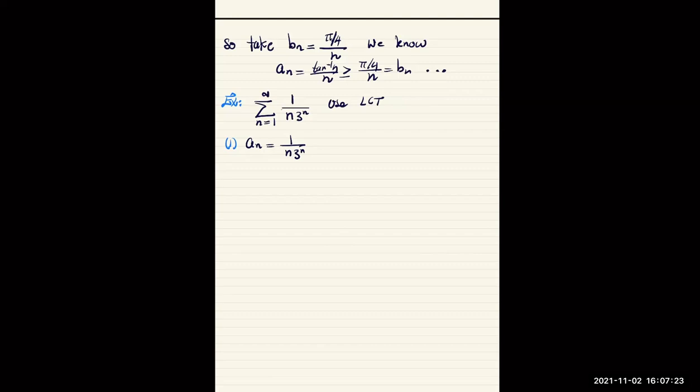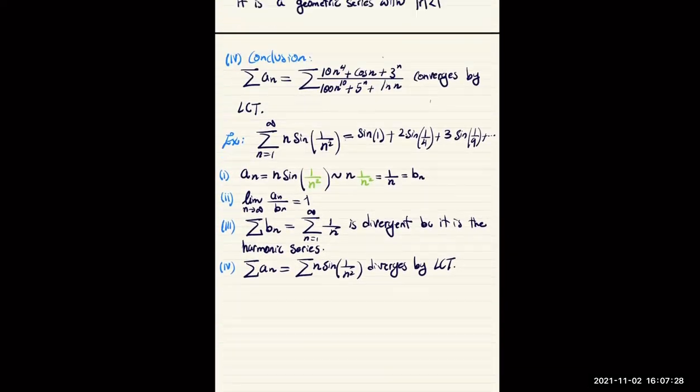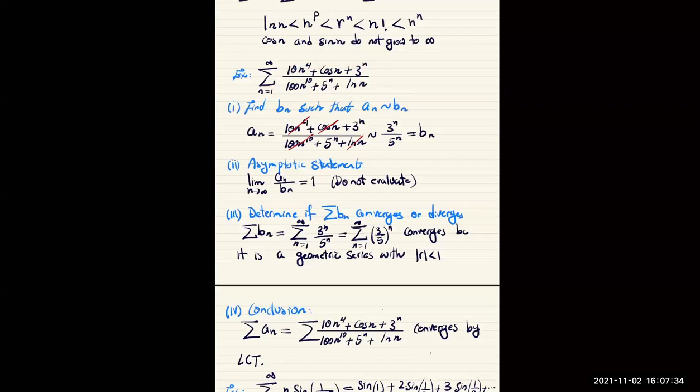Okay, we do not have a fraction like this problem here. This fraction, I could find a sequence that is asymptotically the same as that because this fraction consists of terms. You guys hear me? It has terms. That's a term. And when it has terms, we can take the leading term, the dominant term. Okay? But